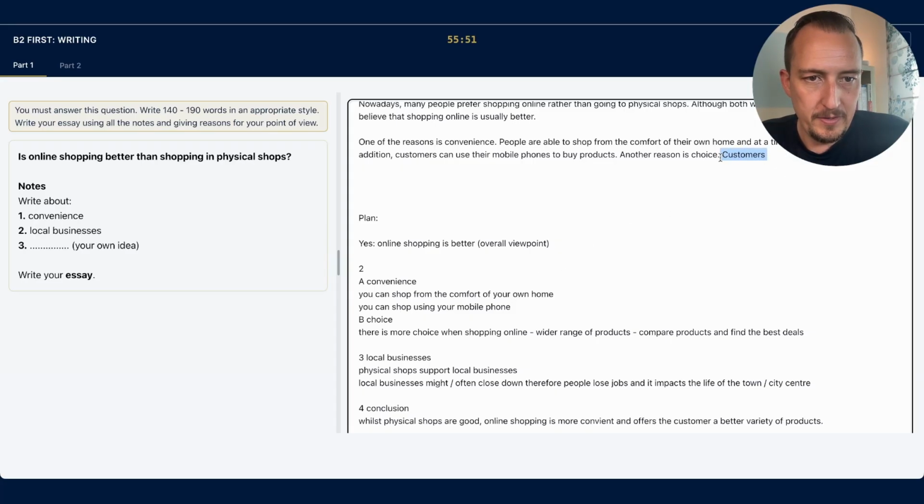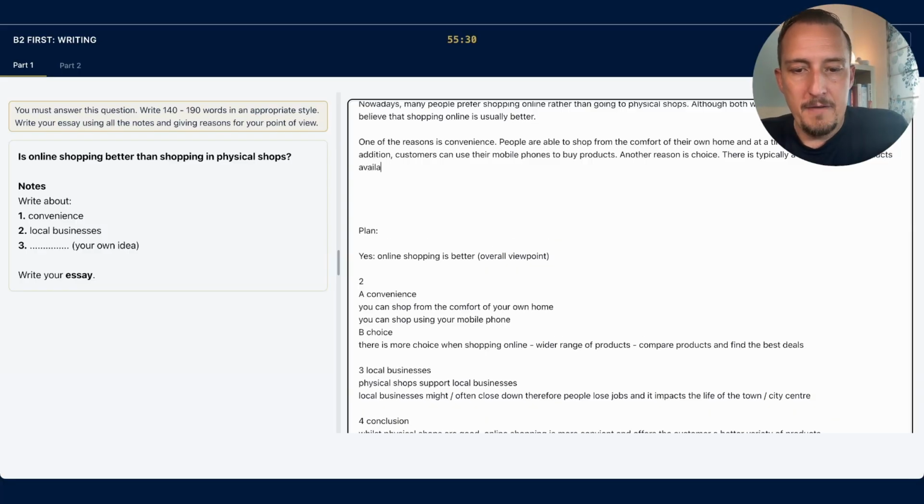Why don't we start with "there is"? There is typically a wider choice of, or actually let's use range. Range and choice mean the same thing, but we don't want to repeat choice, so that's good. There is typically a wider range of products available